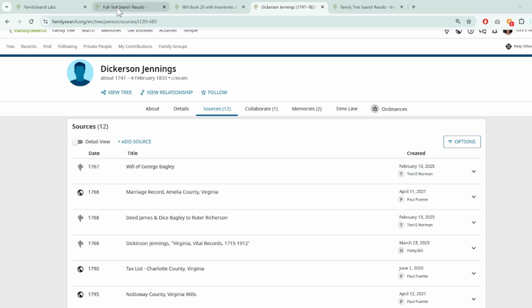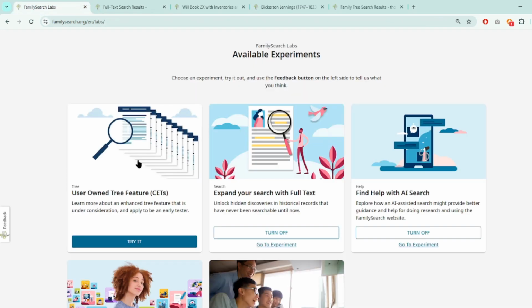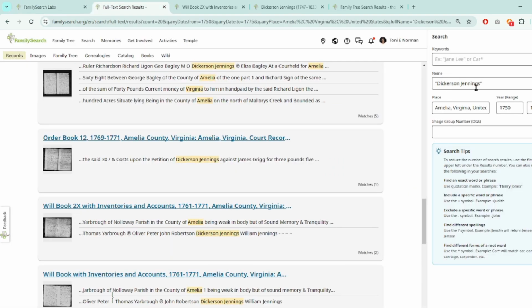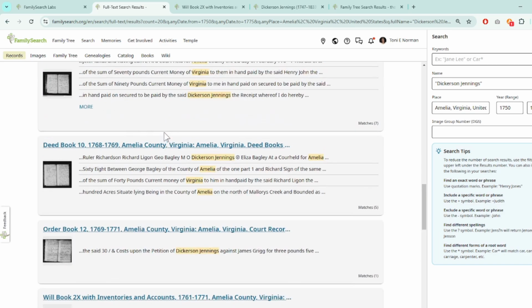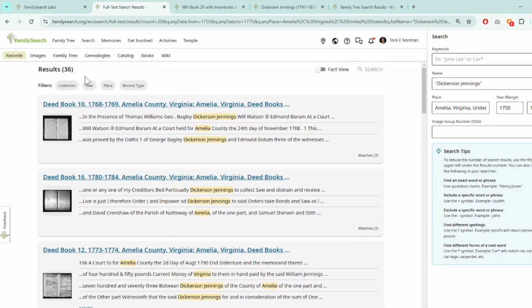So I'm not going to go over how to use this AI, but I had used this. I went to experiments, and then I put in Dickerson-Jennings, and I came up with, let me see, 36 results. So I've been going through those, and I have found a few different things that I find challenging, and that is to resource it so that when I look at the sources, I know what that source is